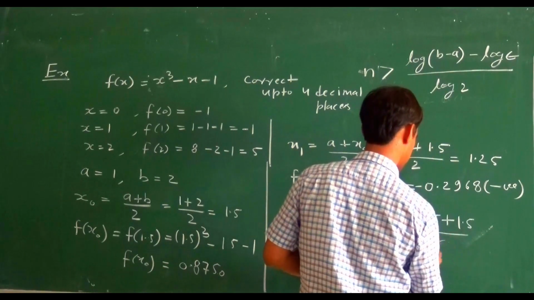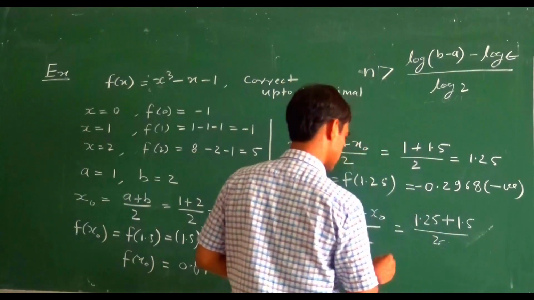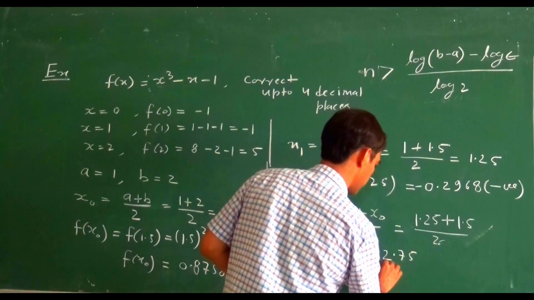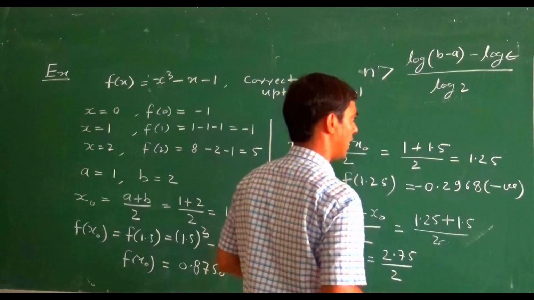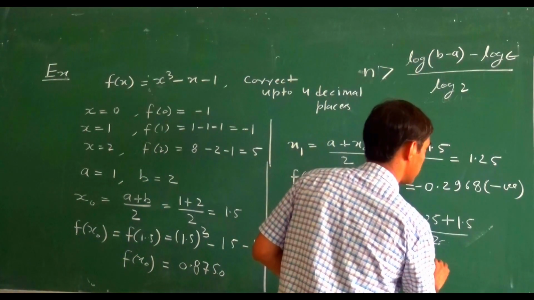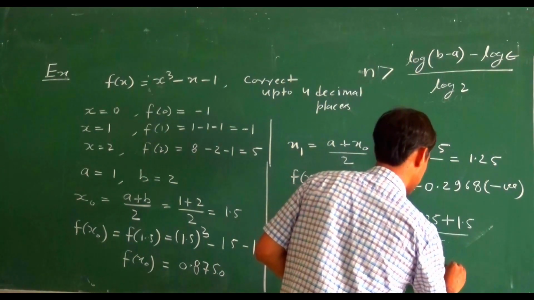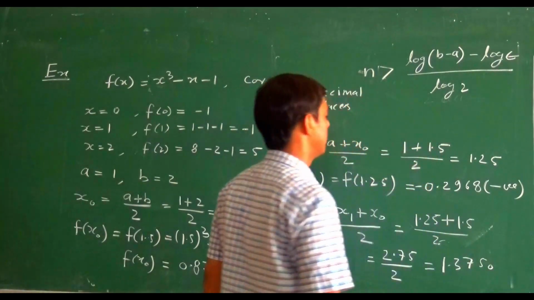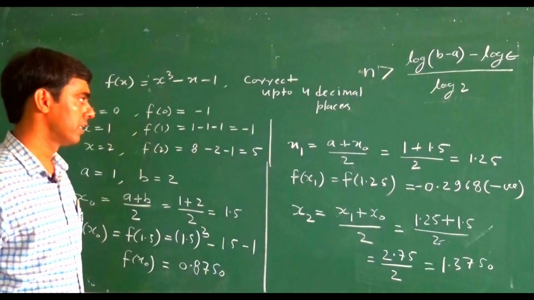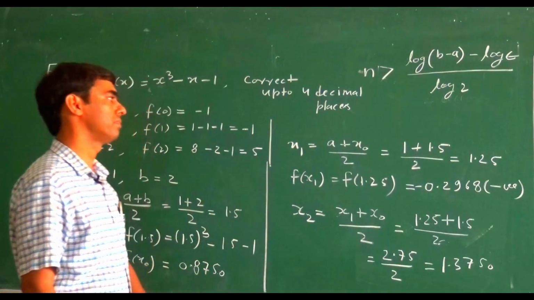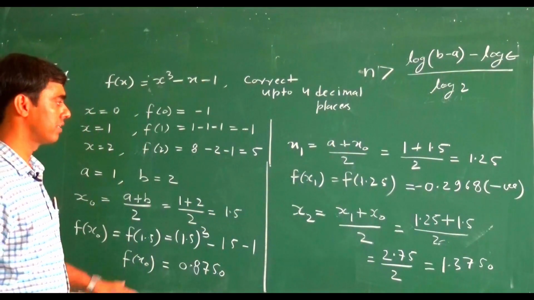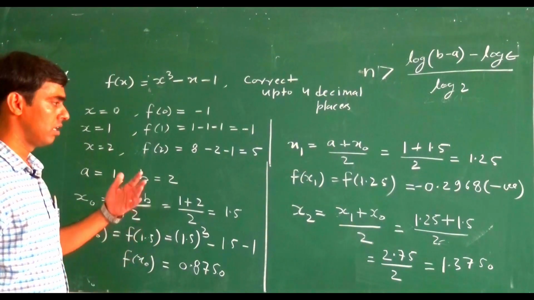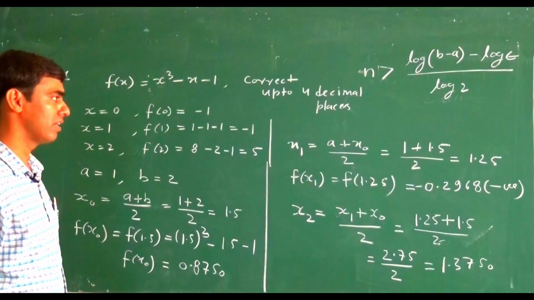1.5 divided by 2. This one is 2.75 divided by 2, and this one is what? This one equals 1.3750. So in this manner, we calculate x3, x4, x5, x6 and so on up to a desired level of